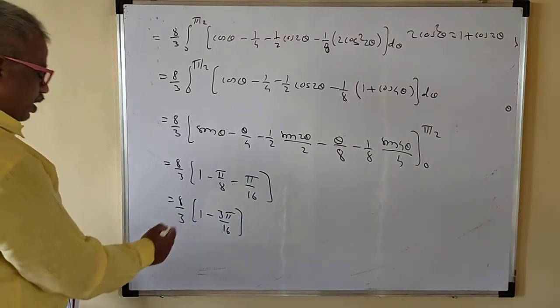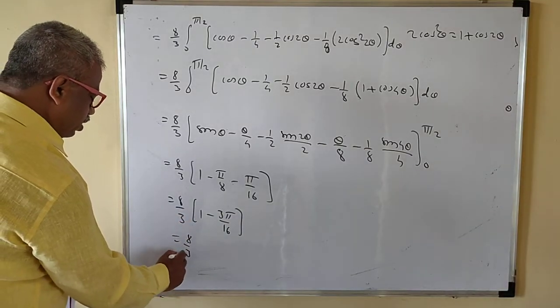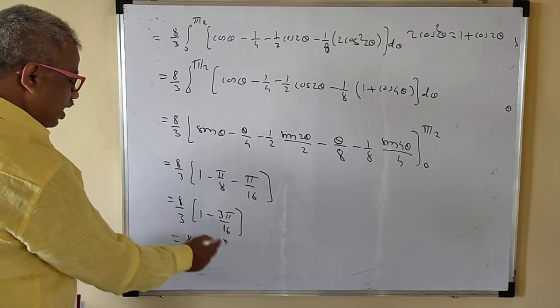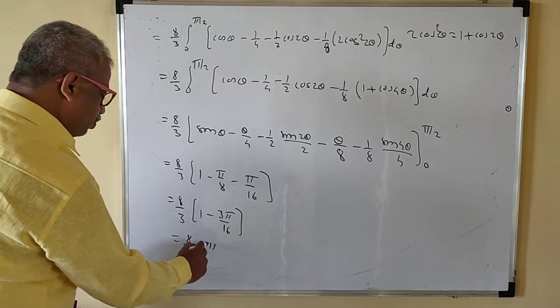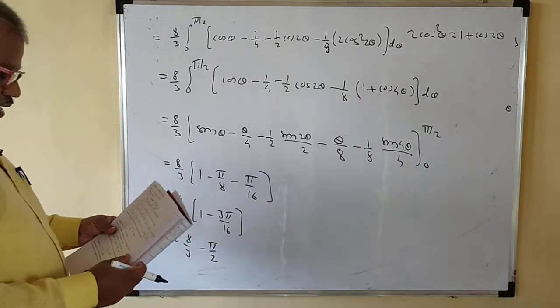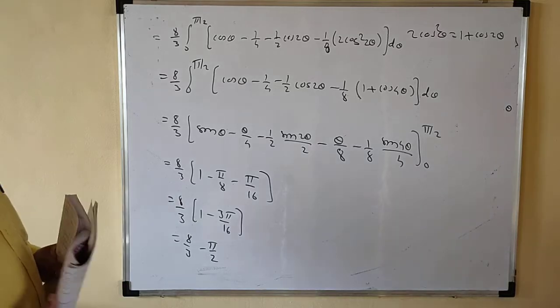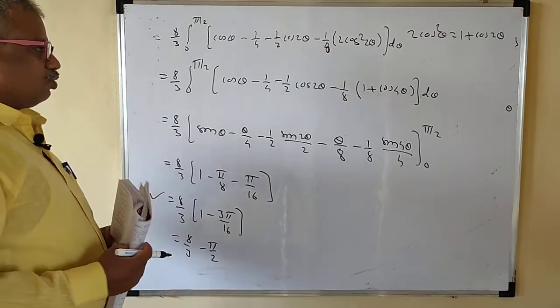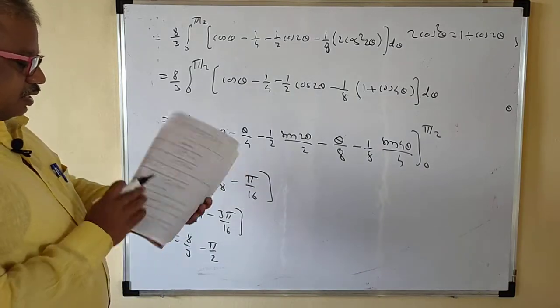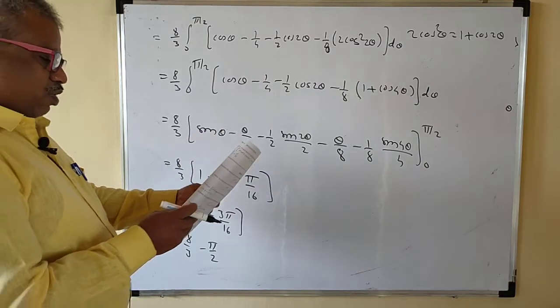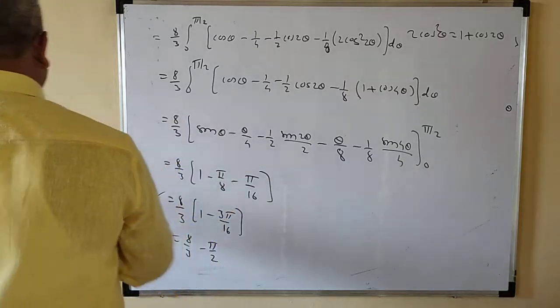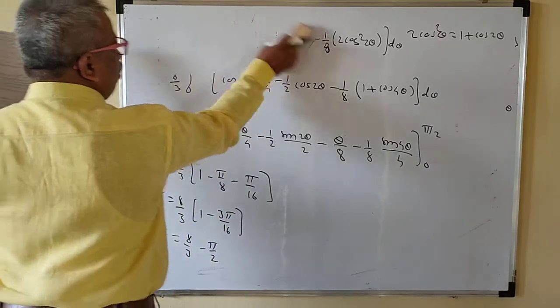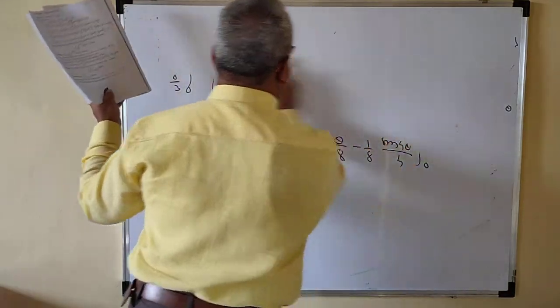Okay. So if you multiply, then 8 by 3 minus pi by 2. This will be simple, right? So 8 by 3 minus pi by 2, or you make it this as it is now here. No problem for this. I hope that you understand this one. Now we solve one more problem and then we will talk. So we will solve one more problem on the polar form now.